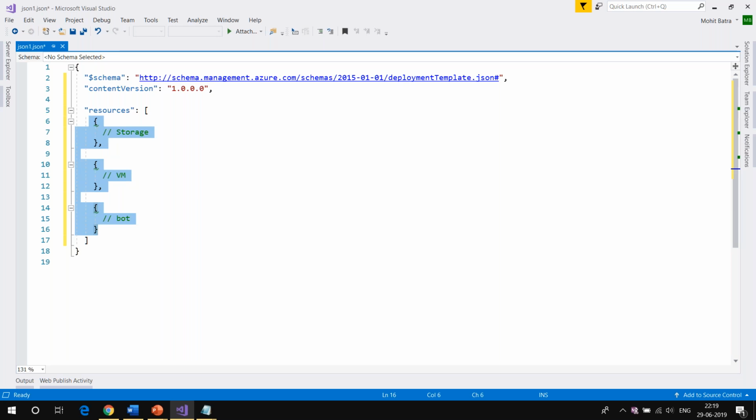So if you want to create the same set of resources in dev, in prod, in UAT, you simply have to take the same ARM template and do the deployment, right? So you get this benefit only when you understand how the ARM templates work. Okay, and it is going to take only the next 1 hour for us to understand the basics of ARM templates, and that's it. After that, you can go ahead and start playing around with the ARM templates.